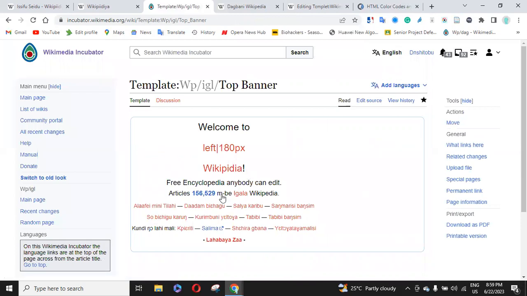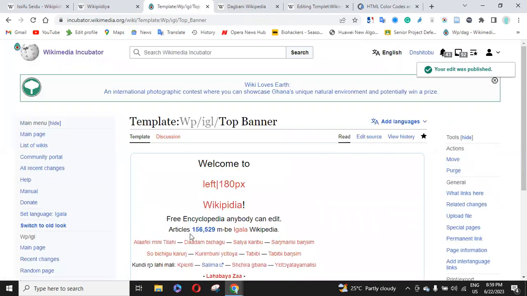Okay, so this is currently showing a lot of articles. That is because we've not localized this yet. This is showing a lot of articles on the incubator. Now, to be able to localize this,